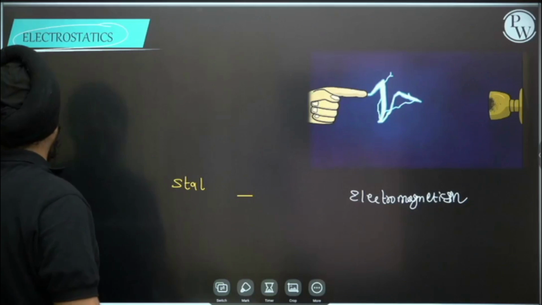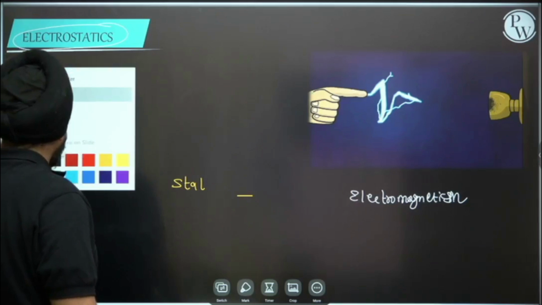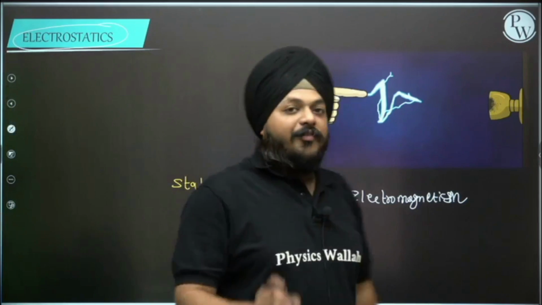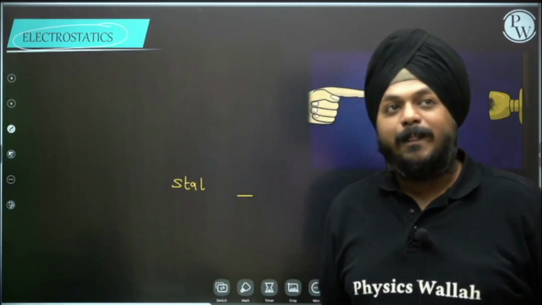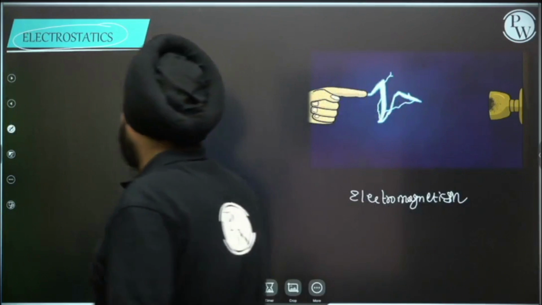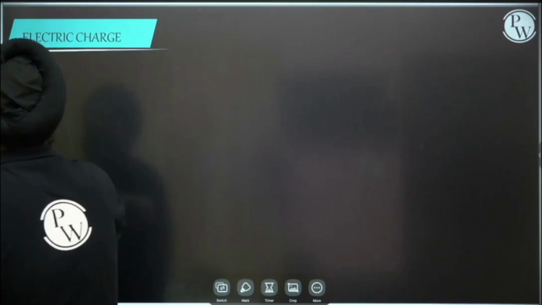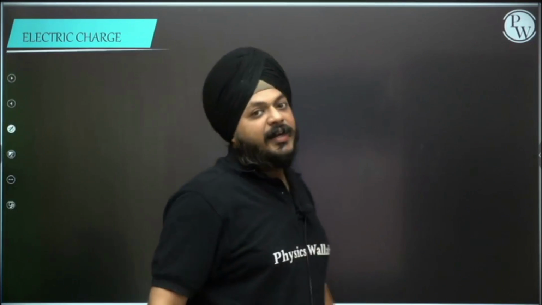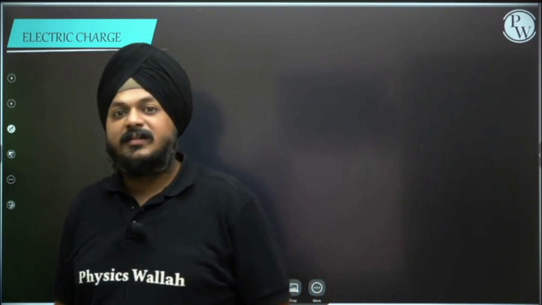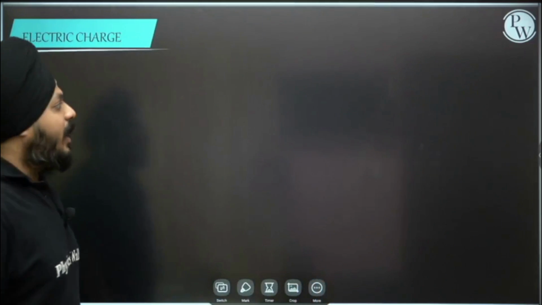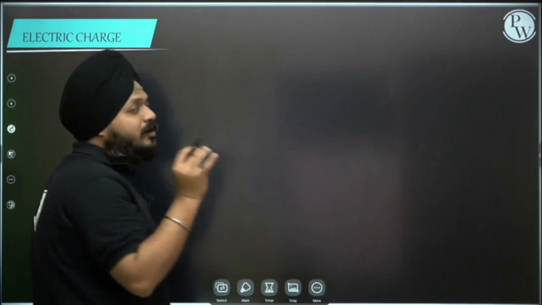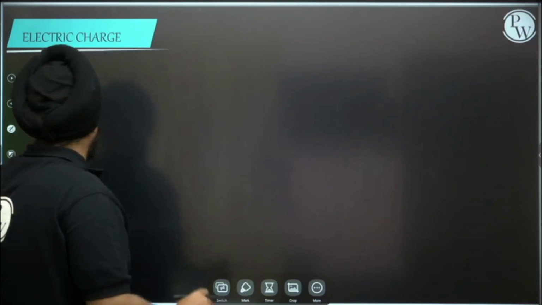Okay, so this is all about electrostatics. Now we are going to deal with the charge. Now, what is an electric charge? If I am talking about the most common definition of the electric charge,